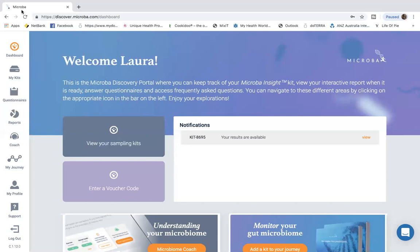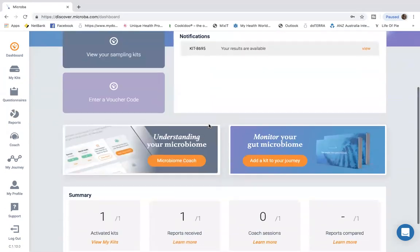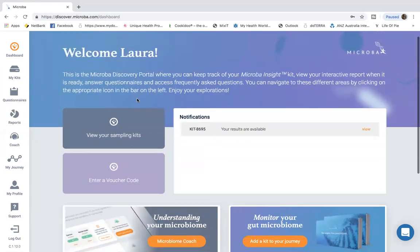So when you log into your Microba account, you come up to this dashboard. Obviously, you can see previous test results, your kits, and the questionnaires that you fill out. So before or when I sent my stool sample off, I had to fill out a whole heap of questionnaires on what I eat, when I eat, what my medical history is like, family history of different gut-related things, mood, sleep, everything was pretty much in this questionnaire,